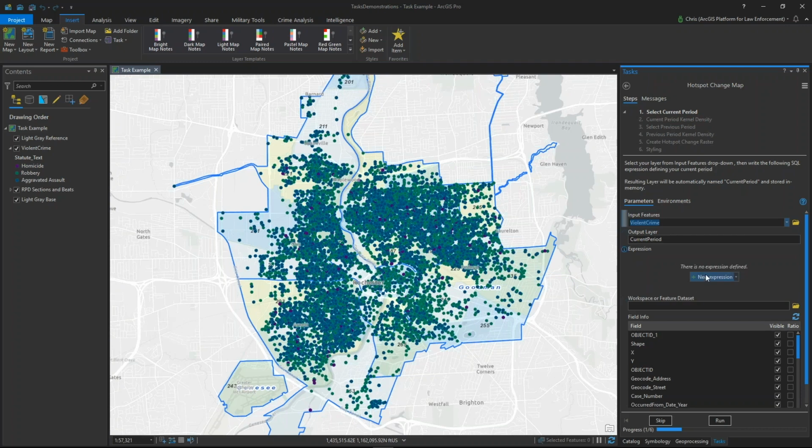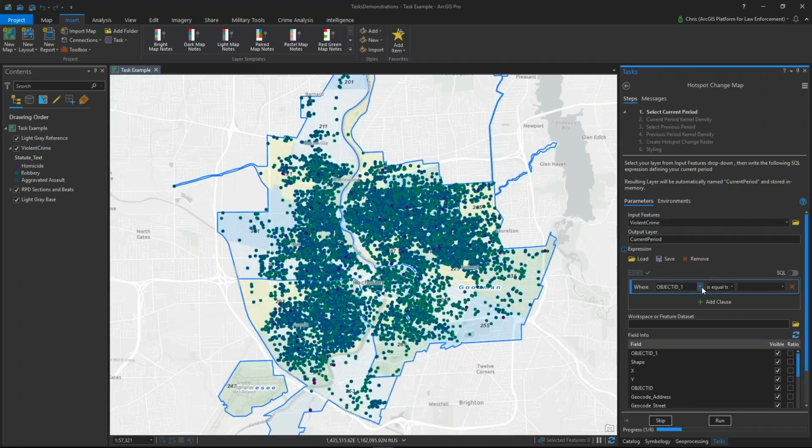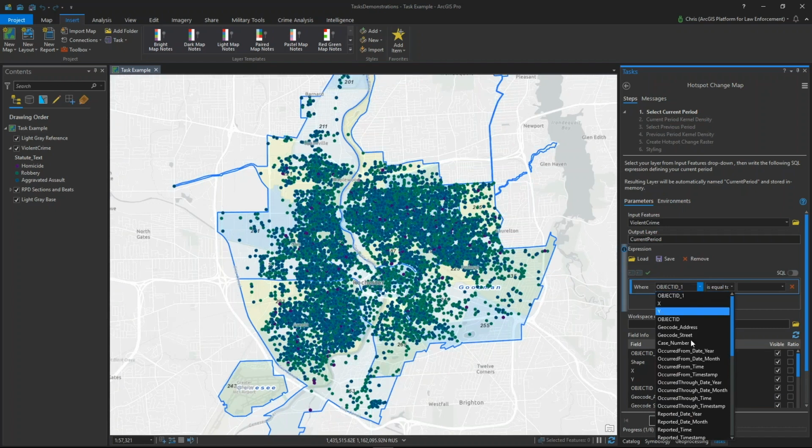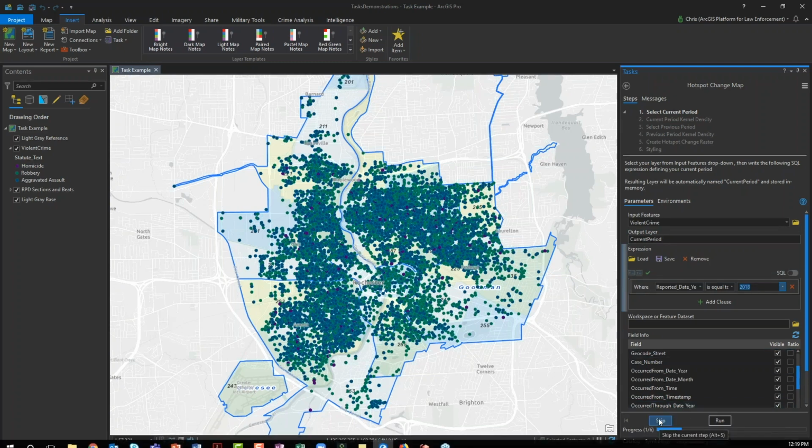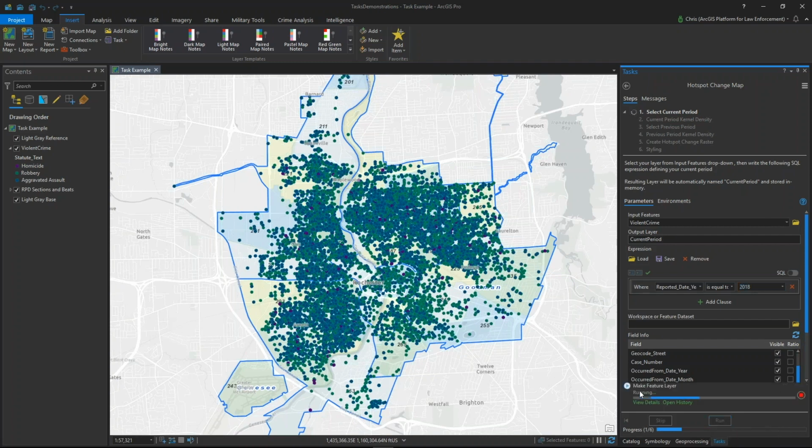I could have preset an expression for this if I wanted to, but I'm going to write it, and my expression is going to be reported date year is equal to 2019 because I'm selecting my current year, and that's all I have to do here. Once that's done, I can come down here and run the current step. If I needed to, and I already had this set up, I could just skip this step and move to the next step. As I press the Run button, it's going to initiate the Make Feature Layer tool,